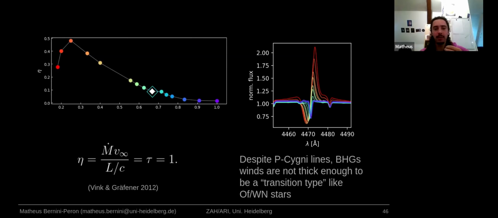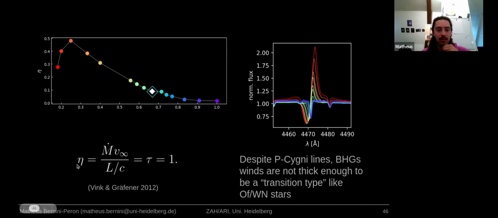However, one particular characteristic of these slash stars is that they seem to be quite close to this transition regime between thin winds and really becoming thick winds, which is translated by this